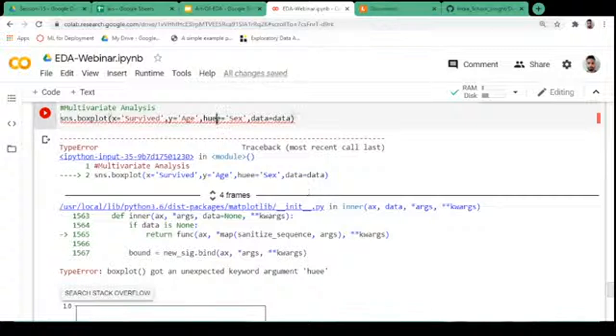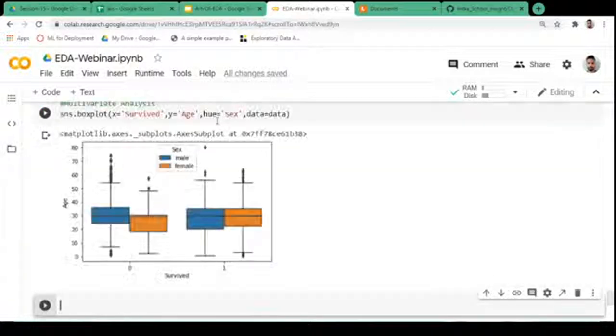Okay, we have given double E, it should be single. All right, now you have this multiple box plot here, right? So you have multiple box plot, and here if you see